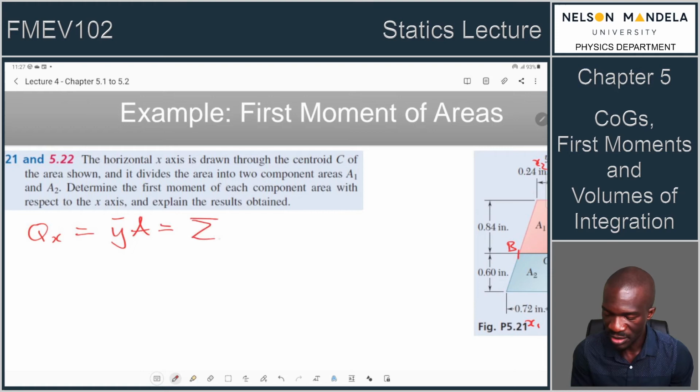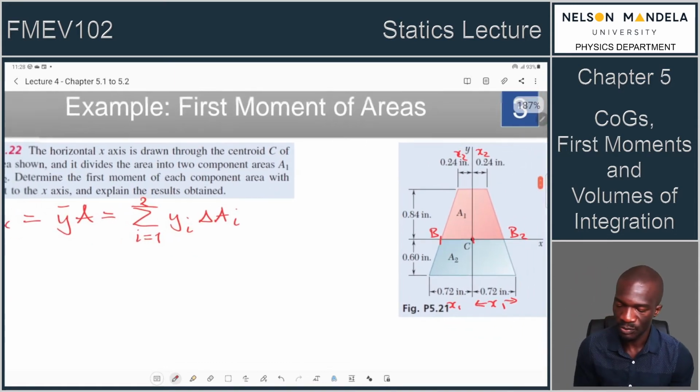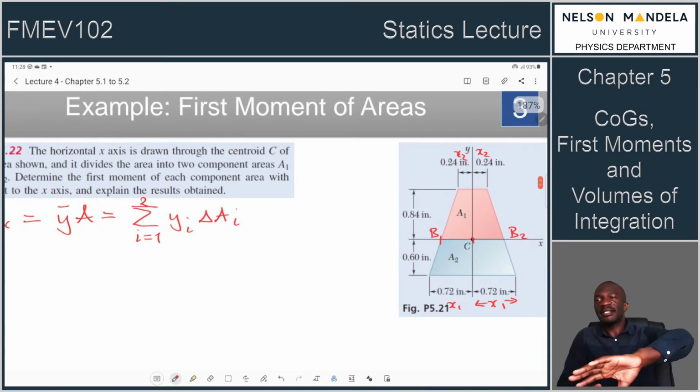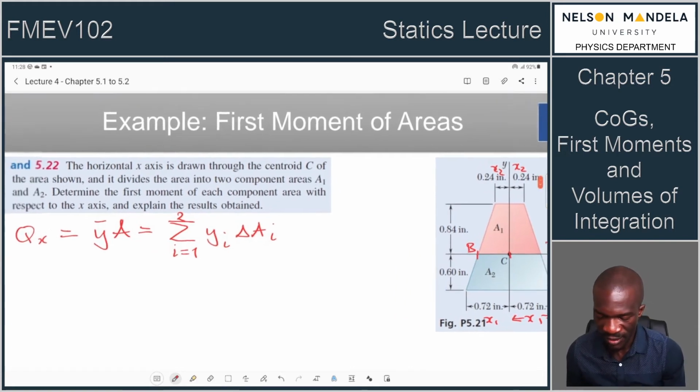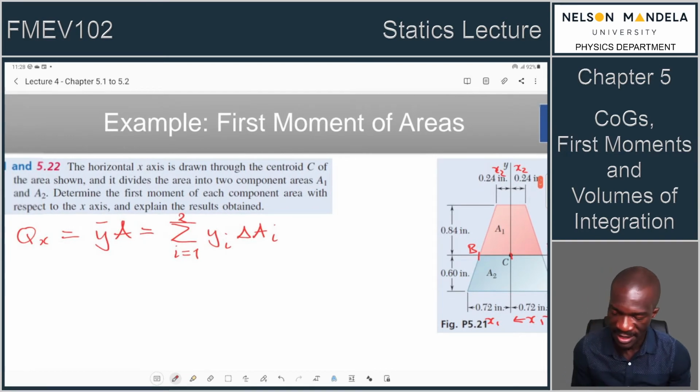The summation of y_i delta A_i, from 1 up to 2. Now, this section is exciting because you're already given some tables. If you look at your reference tables, you can actually find the first moments of these regular shapes. So if you want to find this first moment,